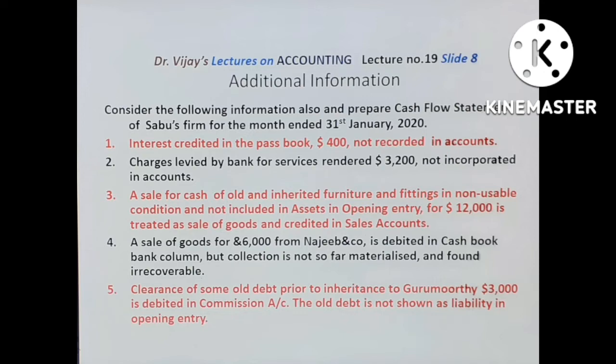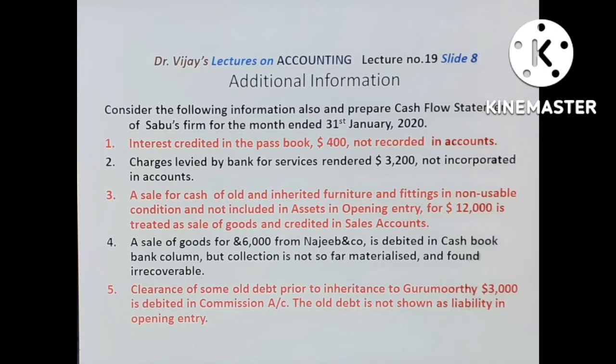Interest credited in the passbook, $400, not recorded in accounts. The rectifying entry passed and posted for it is bank account debit to interest on bank account. So its posting comes in the debit side bank column of the cash book, and it affects the bank balance, it reduces the overdraft, and the interest on bank account